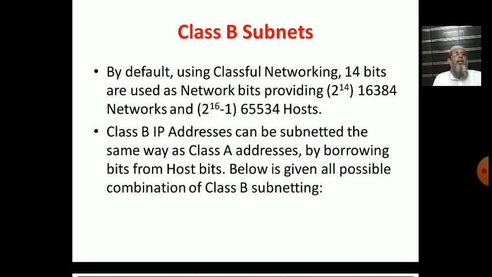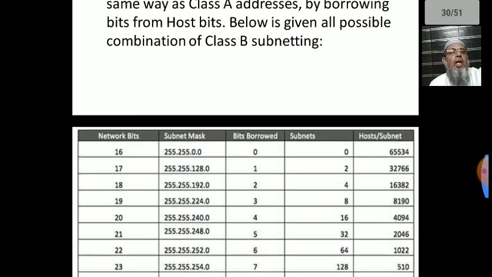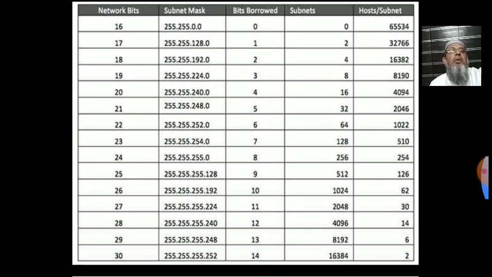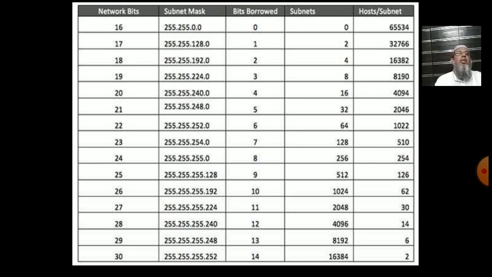So again here we can subnet in the same way we subnetted class A addresses, by borrowing bits of the host bits. Here we have 16 host bits; the third octet and fourth octet are used for the host, so the bits can be borrowed. These are the possible scenarios in which we can borrow the bits. 16 network bits are there, subnet mask is 255.255.0.0, bits borrowed is 0, subnet is 0, and hosts per subnet is